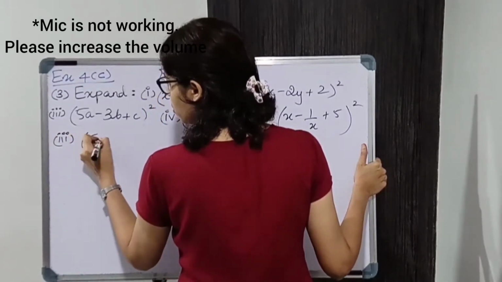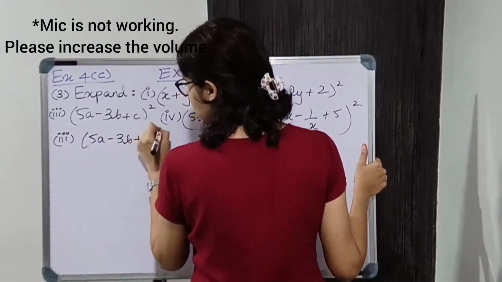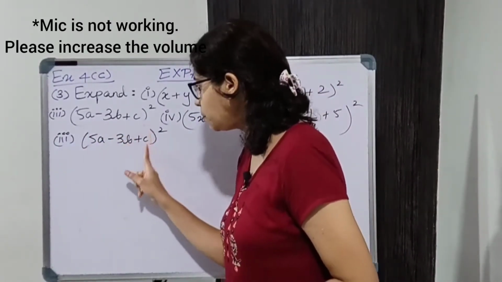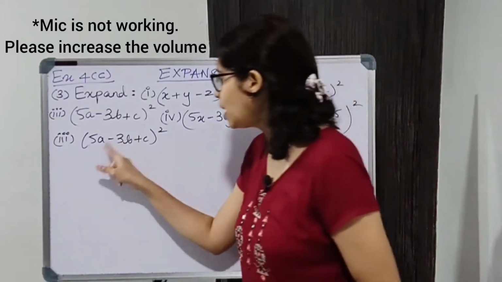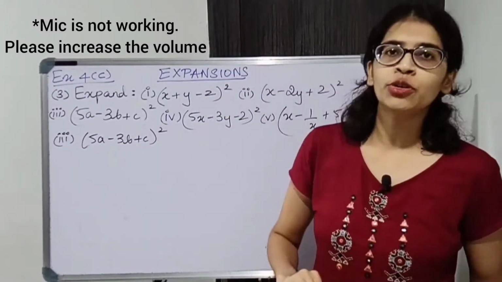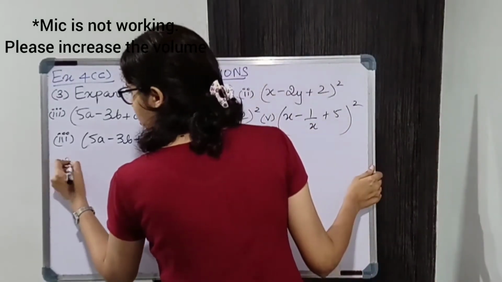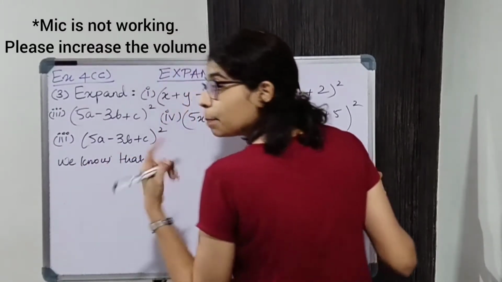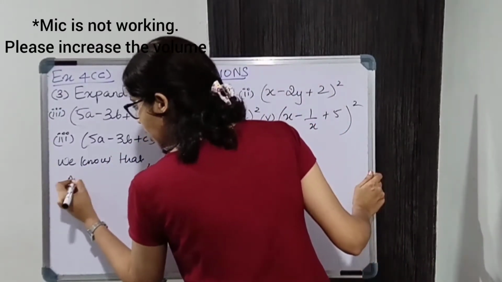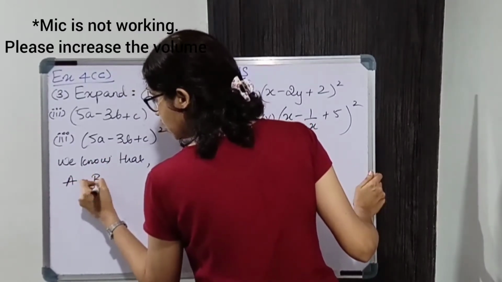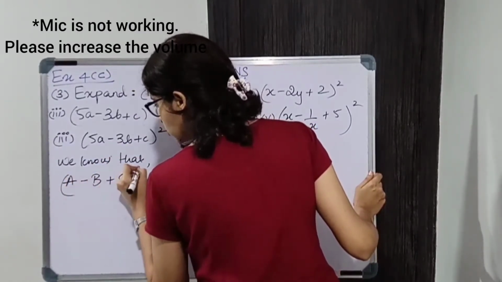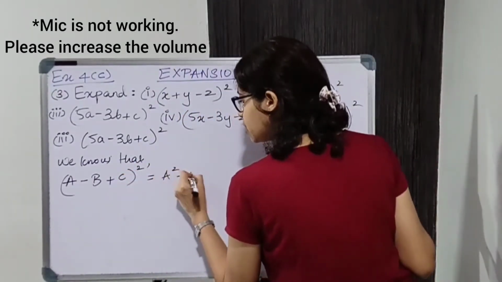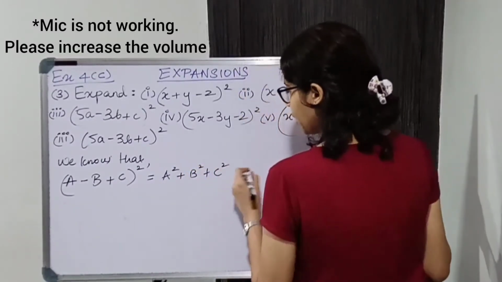In the third question, (5a - 3b + c) the whole square. Here we have a, b and c already. So what will we do in the formula? We know that (A - B + C) the whole square is equal to squaring each and every term: A square plus B square plus C square. Then write 2AB,